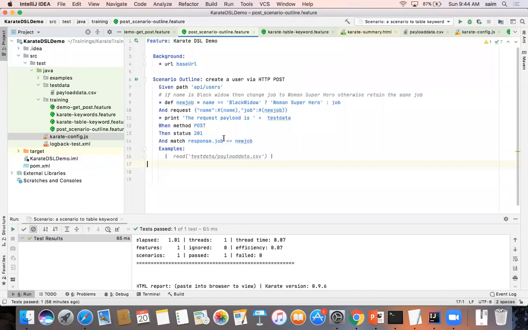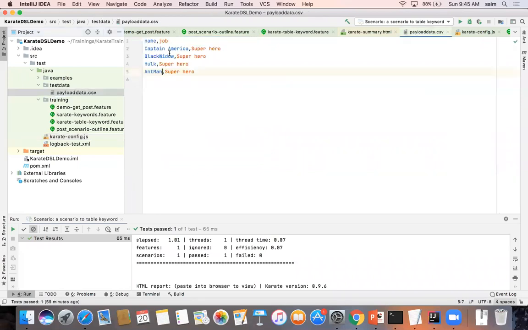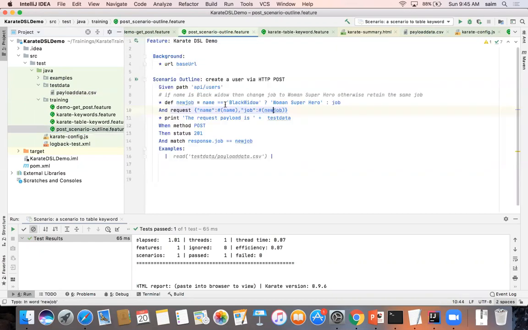Now if you look at it, it looks very neat. We have only the payload, and read is a keyword which will read the data, and the Karate API framework will load this CSV file and have the name and the new job stored globally. One thing you need to pay attention to over here: if you look at this CSV file, you have name and job. These are column headers. If you look at the column name, you have a value called Captain America and the job is superhero. Now, if you go back to the outline, what we're saying is here there is something called name